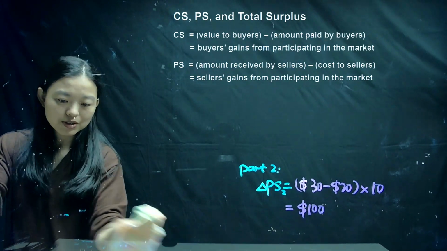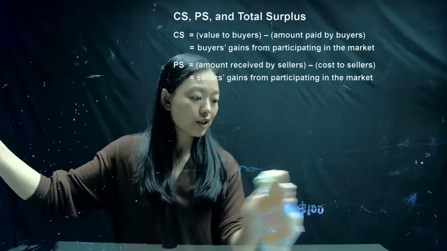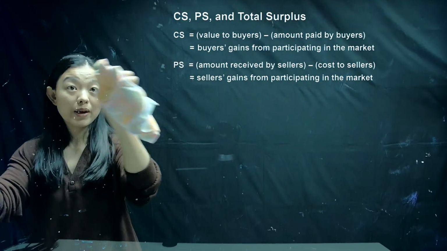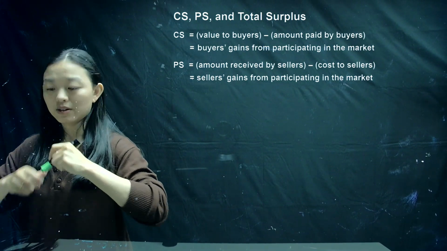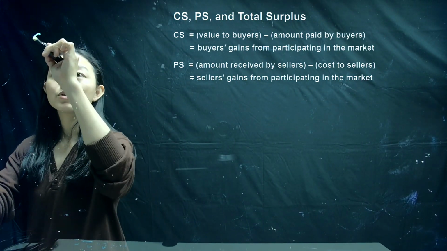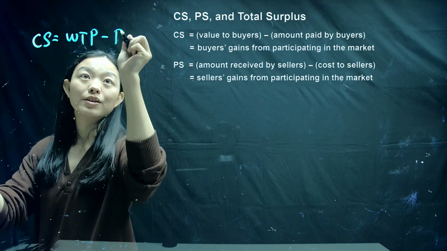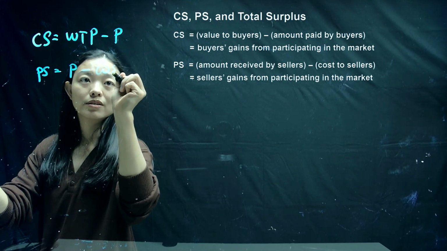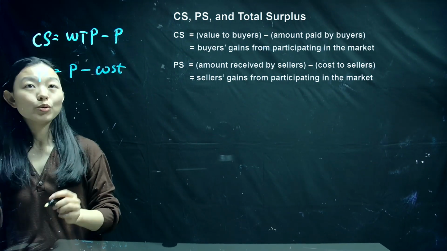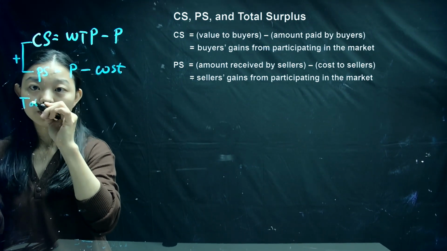So as shown on this graph and on the lecture slides, consumer surplus equals willingness to pay subtract the market price, right? So consumer surplus equals willingness to pay subtract price. And producer surplus equals price subtract cost, right? Therefore, when we sum these two parts to get the total surplus,